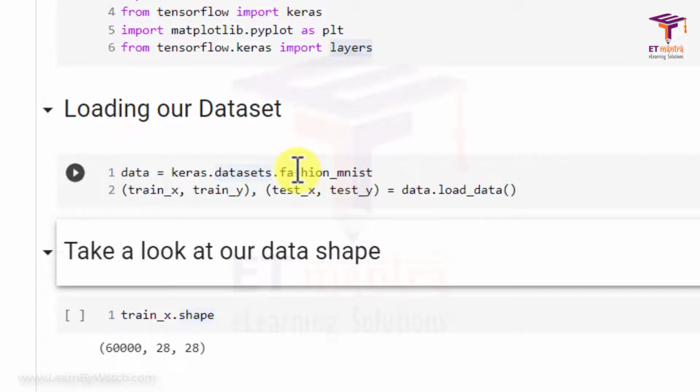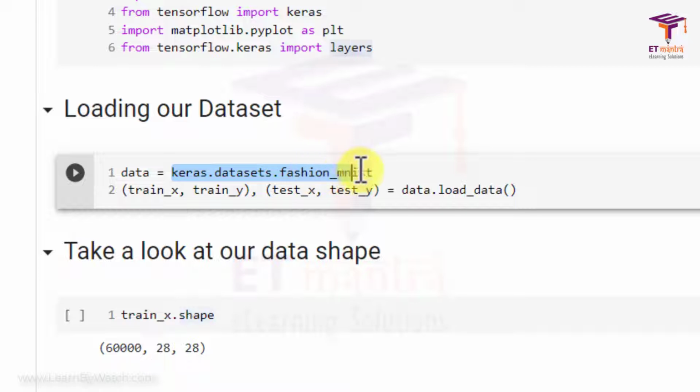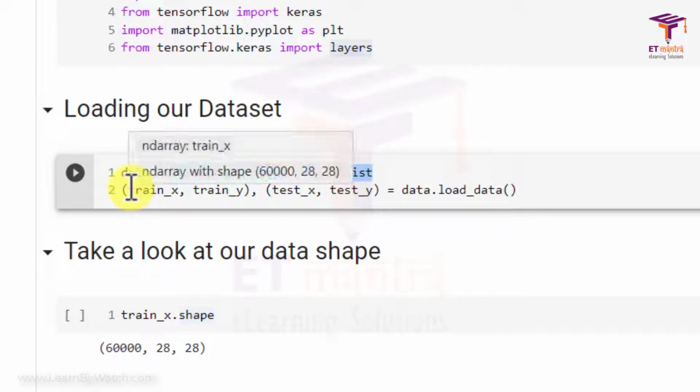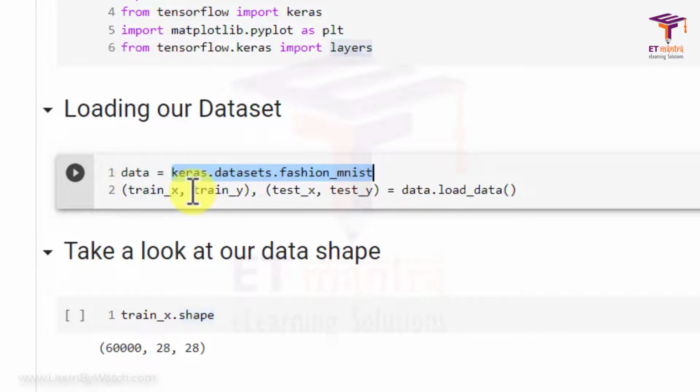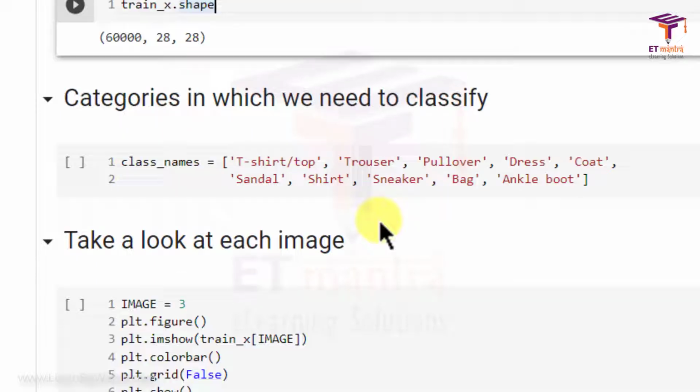We have used the Fashion MNIST dataset, which is a standard dataset available on Keras. So you can directly get it from there with this command. No need to download anything. But if you are doing it on a local machine, I think you need to download it. And then I've split it into a train and test dataset.